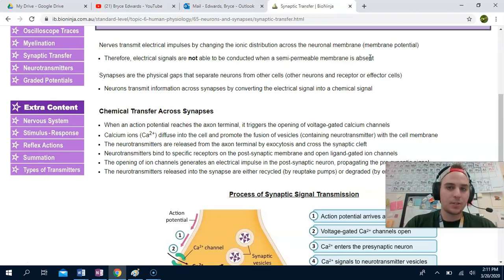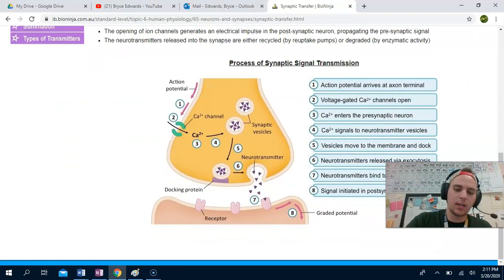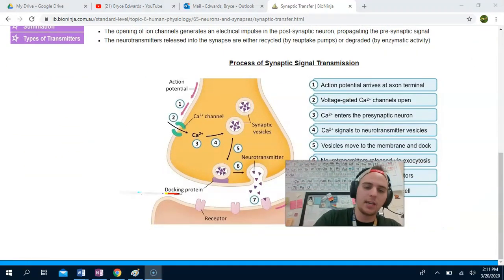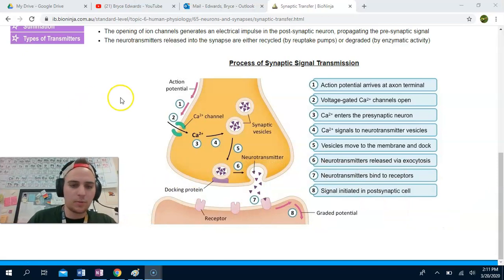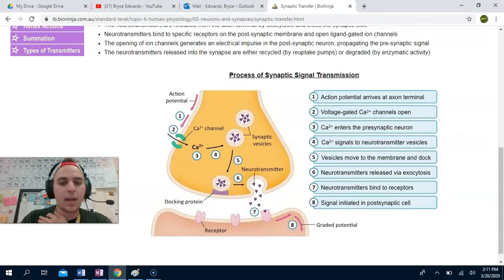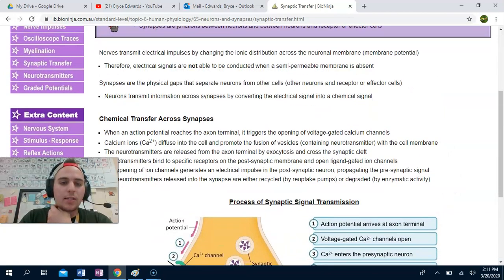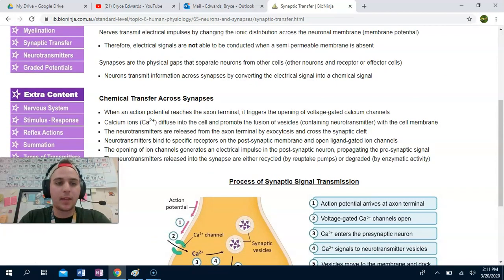Okay, so synapses are the physical gaps that separate neurons from other cells. So this is kind of what it looks like. Don't get freaked out by this yet. Here's what we're saying. This is the end of an axon. Not necessarily, but we'll say in this example, this is the end of an axon. There's a little bit of space, and then there's a receptor, maybe a dendrite. It might actually be on the soma, like I said. This one might be a different body tissue cell. This could be like a muscle cell or something. Okay, but the way that synapses work, because they go through this really quick, is